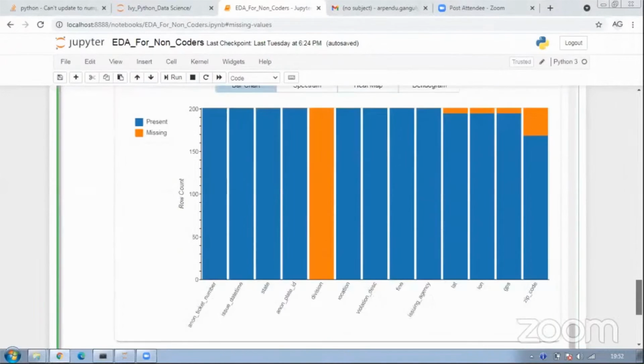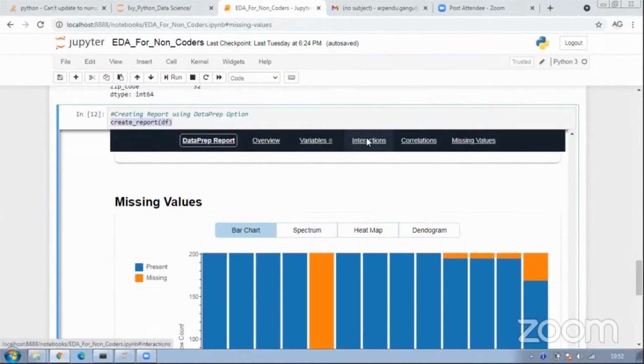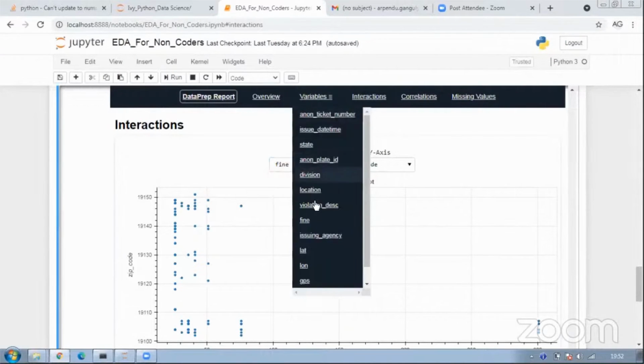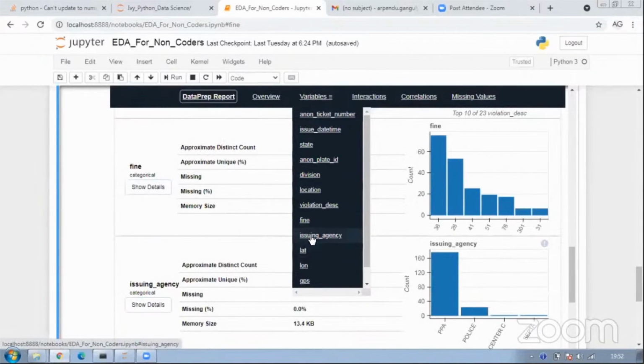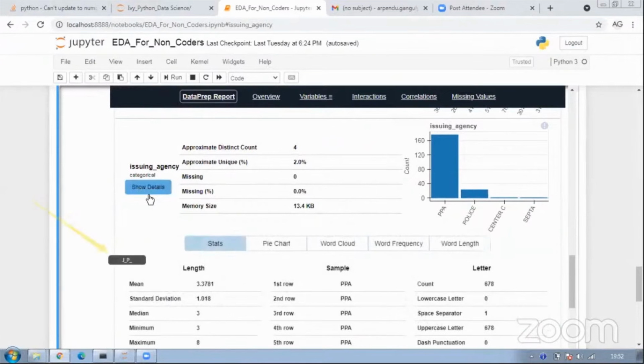So instead of writing separate code, say if I want to see the interactions between the variables, instead of writing separate code for visualization, I can just have this as a drop down and find the interactions, right? Or if I want to study a particular variable, for example in this case the fine, or the string agency, I can just go and see what the distribution is like, what is missing, and all of that, right?